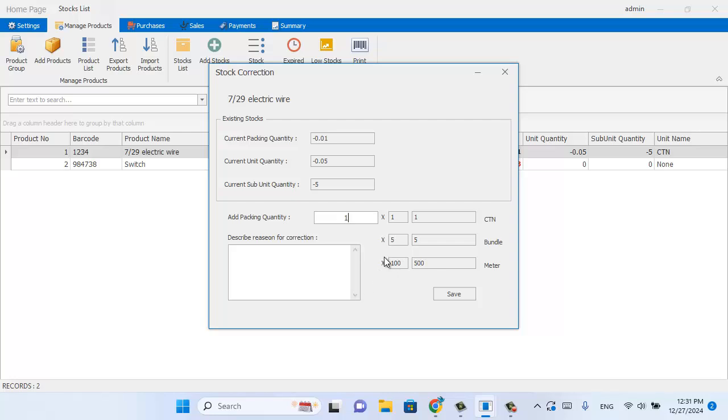So one packing is, I mean, one is the carton actually, and the five is the bundles in this carton, and the 100 is meters in each bundle. So we will have 500 meters in total. So you can describe the reason for the correction,